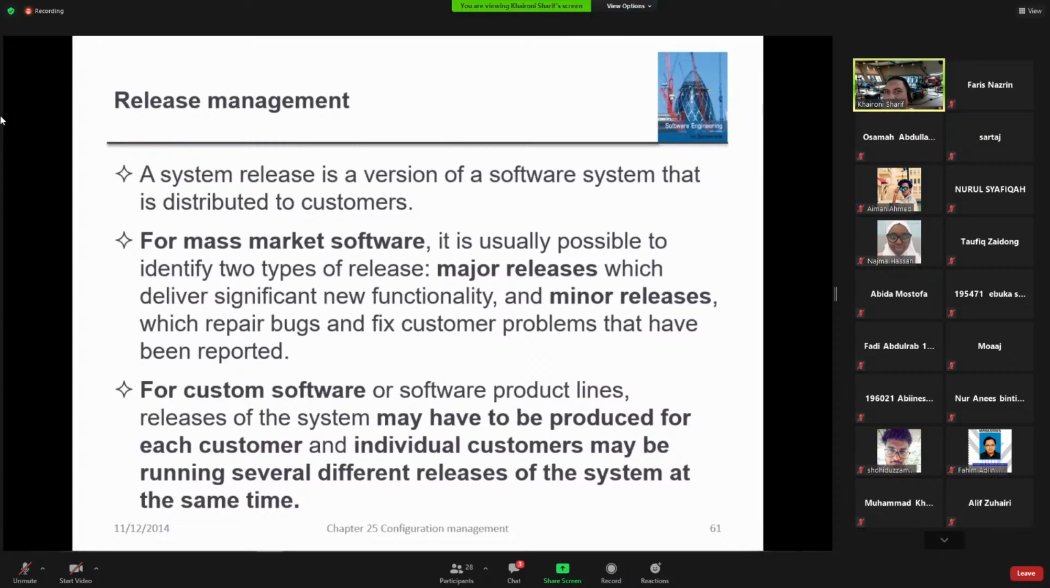Custom software, for example, UPM might request another company to develop software for us. SMP, for example, is custom software. It's actually custom made for us, for UPM. So for this type of software, changes might be released according to specific customer, because